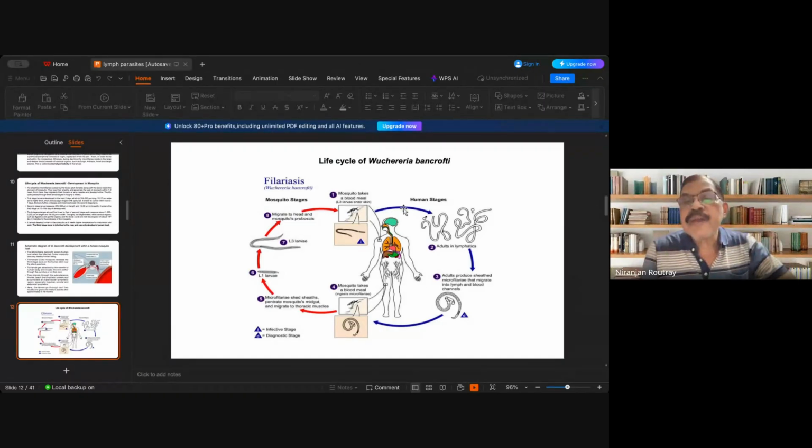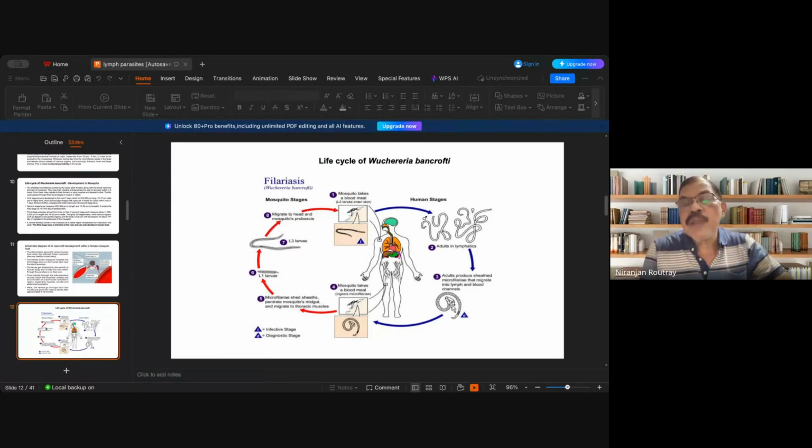The microfilaria are attracted by the host blood, which is warm body temperature, and in each bite, at least both the sexes of the microfilaria are present, and these enter into the lymphatics, where they become adult and aggregate in a particular region, that is the groin region or the inguinal region of the abdomen or the scrotal region, and they multiply, they copulate to give rise to the microfilaria, which is called sheathed larva.